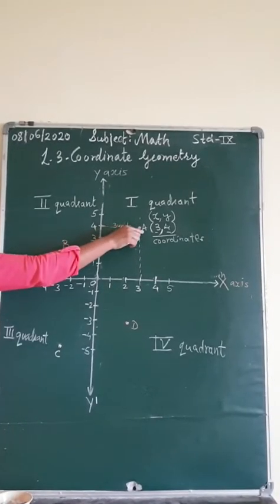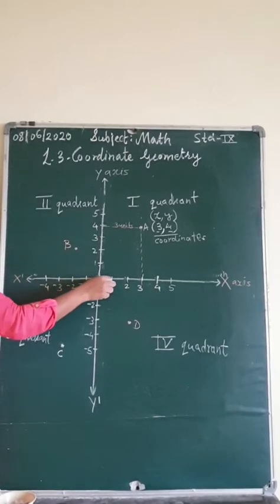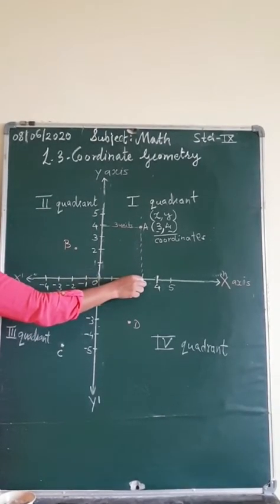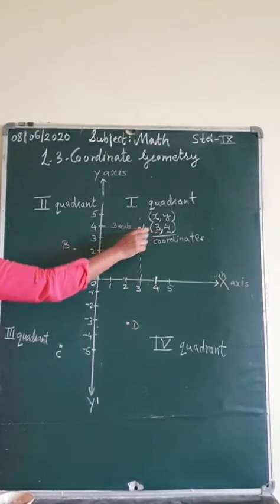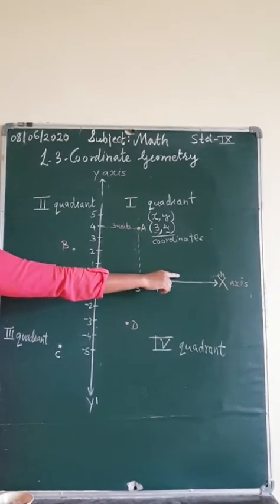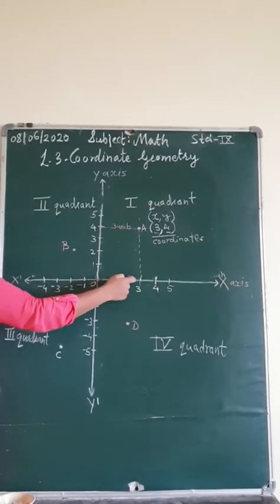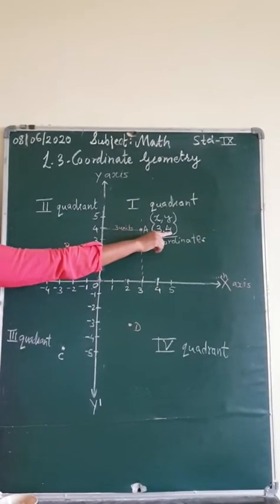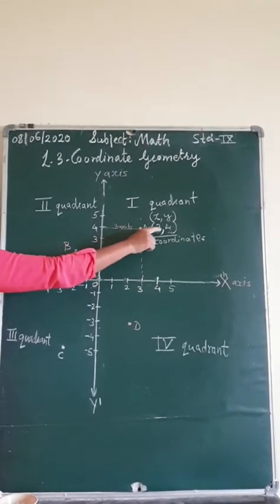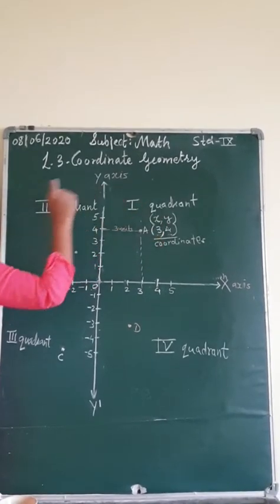So first we know that we have written A. How have we written A? Horizontally, how far away it is from 0. It is 3 units away in positive direction. Similarly, 4 units away from 0 vertically, that is again in positive direction. The coordinates of point A are 3, 4. X coordinate 3, Y coordinate 4.